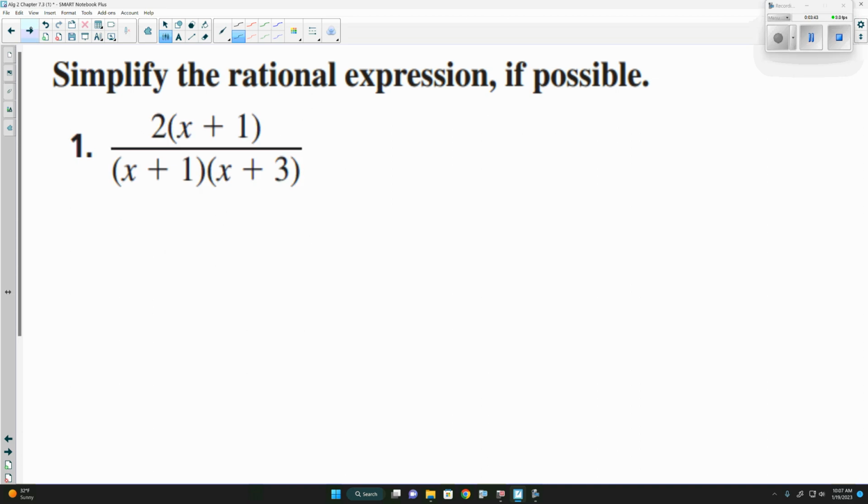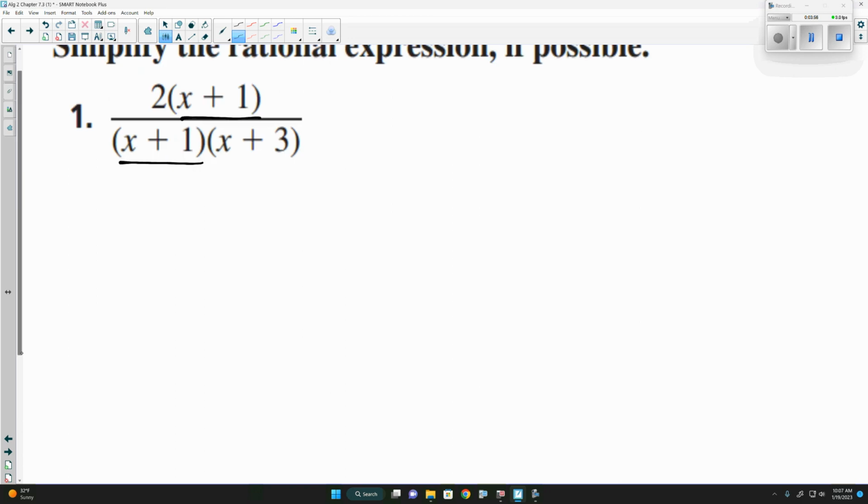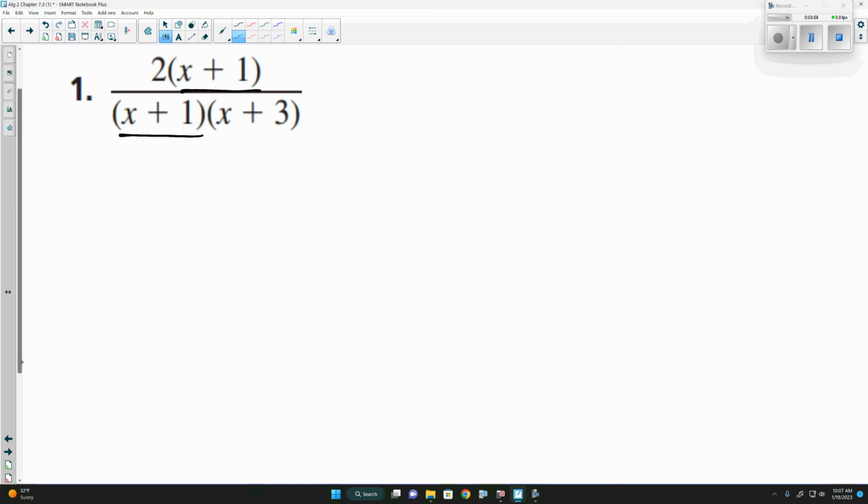Let's look at this one here. Is there something in common on top and bottom? x plus 1. There's an x plus 1 on top and bottom, so we're able to simplify that out. And part of the reason that this works, even though you can go on and cross it out, is that we can essentially think of it as undoing multiplication. Because when we multiply something, we multiply straight across. So I could think of this one as 2 over x plus 3